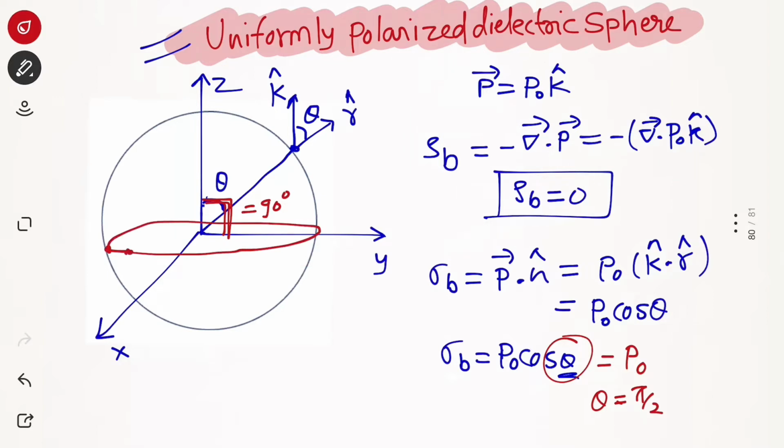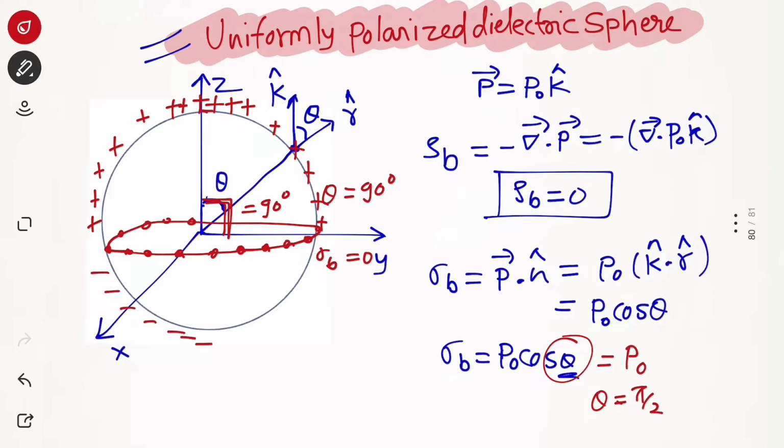So every point it is a 3D surface. I cannot show a 3D surface here, that's why I am trying to assume you that on the xy plane if we have a ring, then on all points on this ring we'll have zero charge density. We'll have sigma_b equals 0, because at all points we have theta equals 90 degrees. On the upper point we'll have maximum positive charges, and similarly the charges will vanish at theta equals 90 degrees. For the lower hemisphere we have the same distribution, but now we'll have negative charges here.